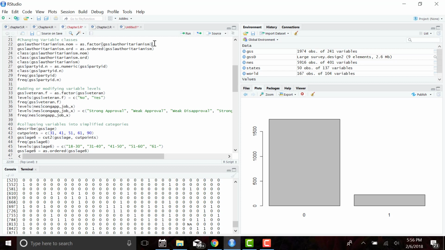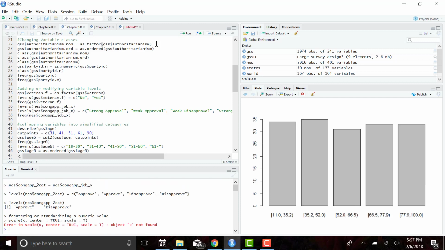We're taking a variable called authoritarianism in the GSS dataset, which is a numeric variable that summarizes GSS respondent support for order and conformity. Its values are from 0 to 7, with higher numbers corresponding to more support for authoritarianism. So we can change this into a nominal one just by putting .nom at the end, and we add as factor,